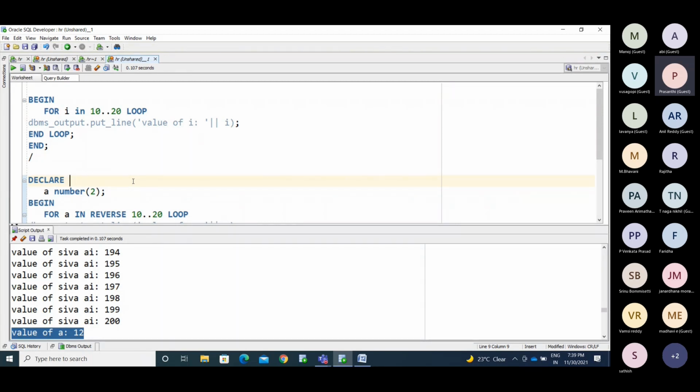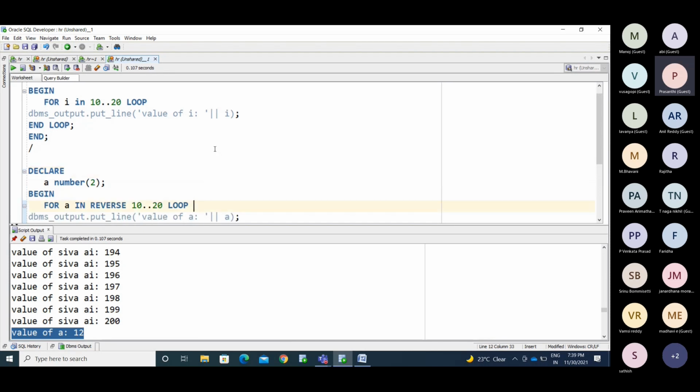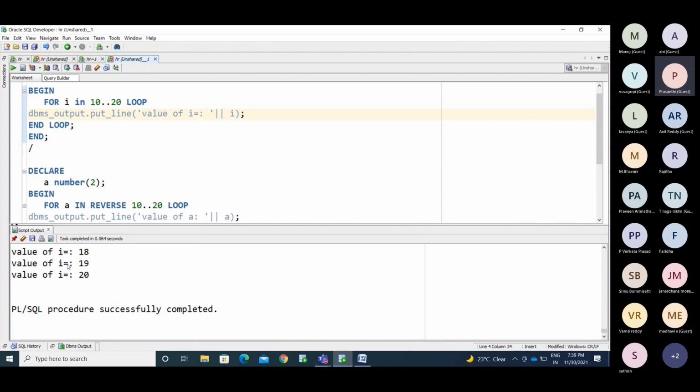Okay, and you people know the mod function. You know how to divide by the values. If you do 2 into 2, how much will you get? How to add the strings? See how to add the strings here. Value of A equals to, put that in single quotes. You will get that. See here, I equals to. Okay, you are getting it this way, right? So in this way, practice.